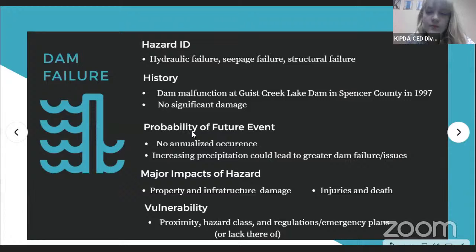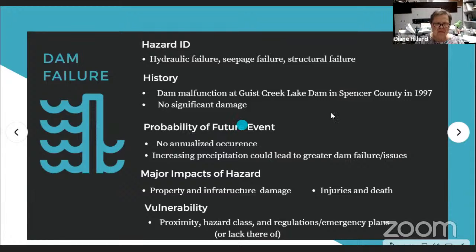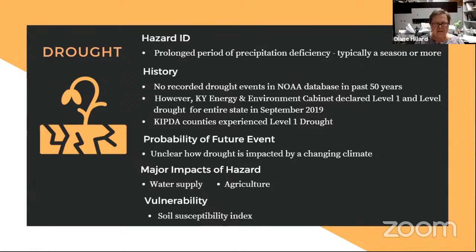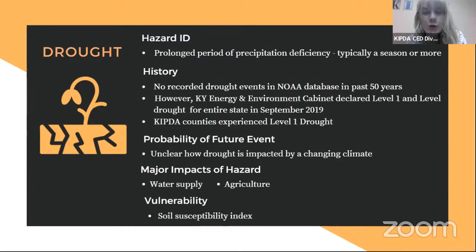All right, so for our next slide, we're going to talk about drought. Drought, again, is a prolonged period of precipitation deficiency. As for the history of drought in the KIPTA region, we don't actually have any recorded major drought events in our NOAA database in the past 50 years. However, the Kentucky Energy and Environment Cabinet declared a level 1 drought for the entire state, including our KIPTA counties, in September 2019. Level 1 drought is the most basic level of drought. It's not too intense. It just means that it has been long enough to realize that there is some sort